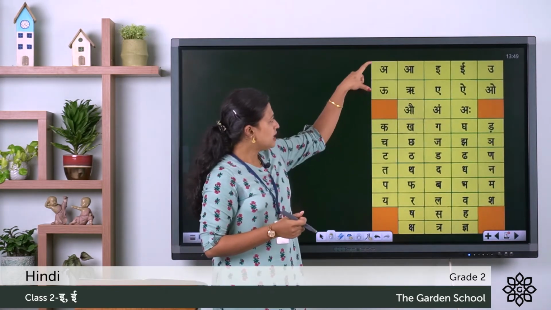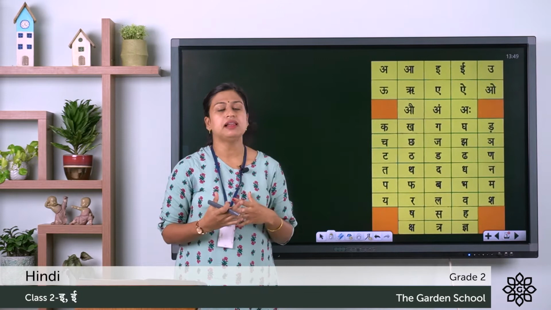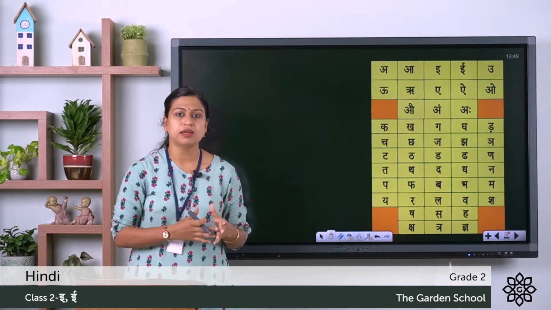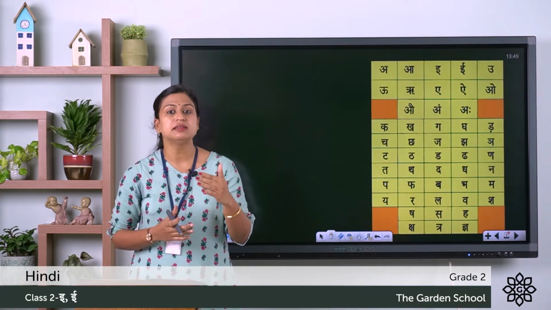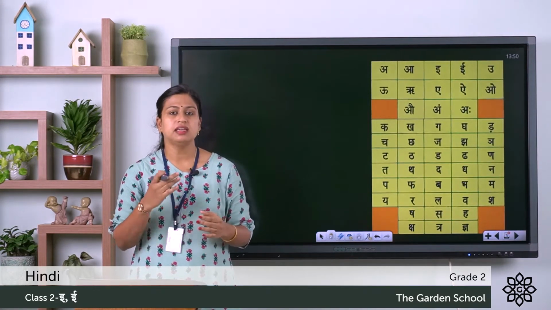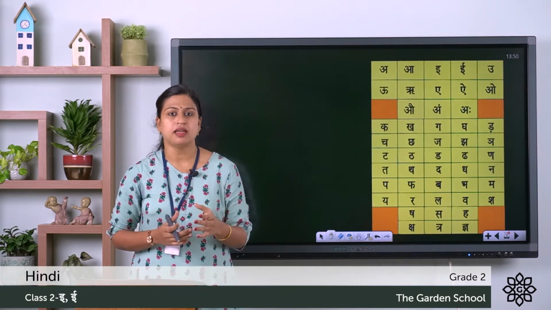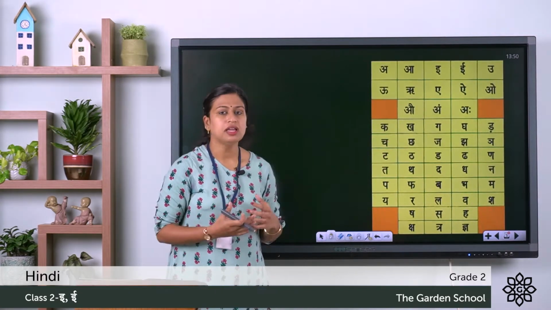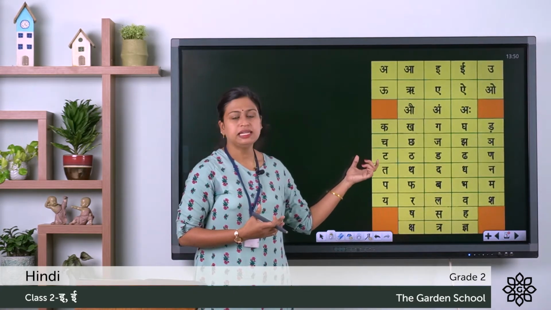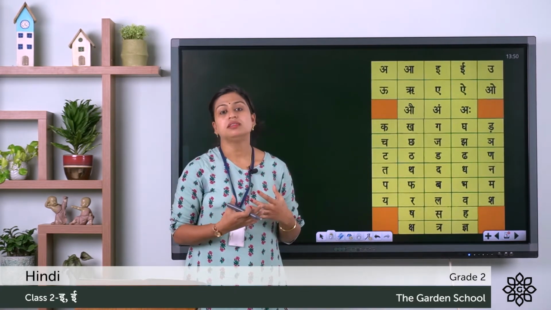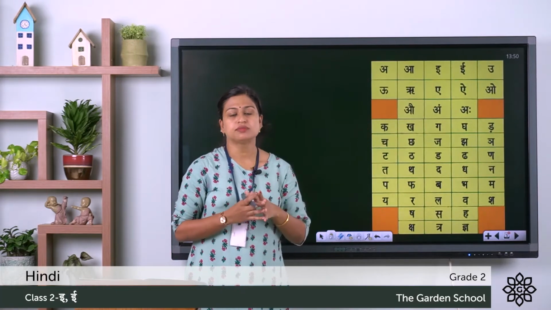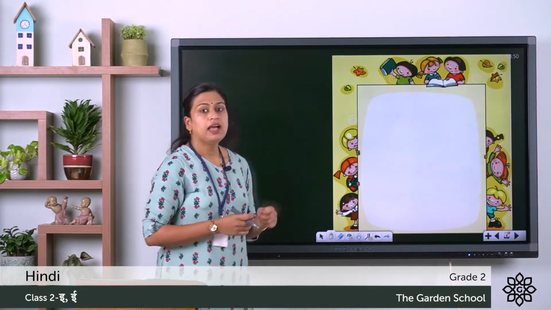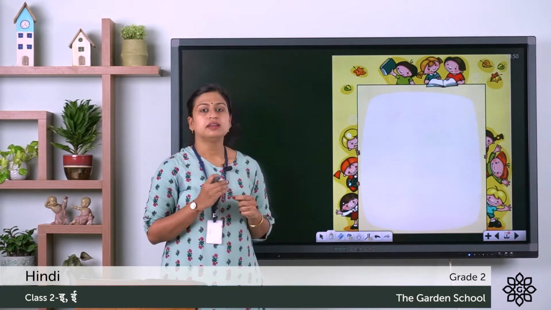Now, these Swarakshar are independent letters. They don't need anybody's support. And these Swarakshars have their own symbols. And these symbols in Hindi, we say Matrai. And the consonants, that is the Vyanjanakshar, are not independent. They depend on the symbols of these Swarakshar for making words. So, in the previous class, we learned about